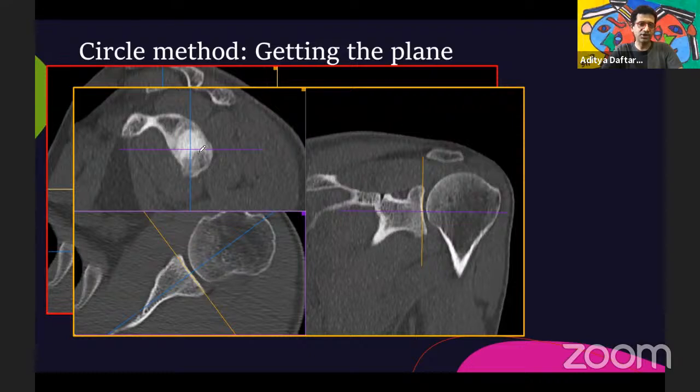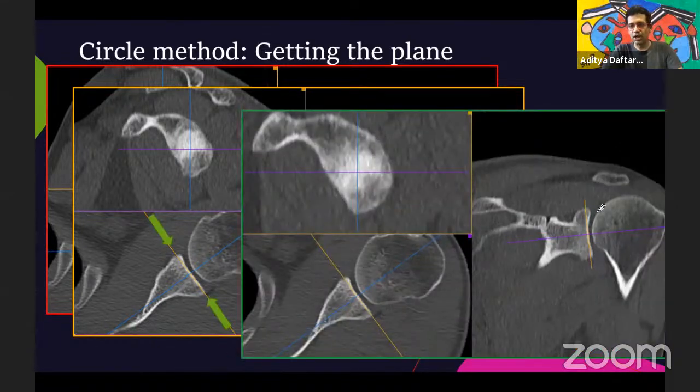So on the axial images, this starts to give you some sense of what the glenoid surface is going to be. The second thing that we end up doing is tilting the coronal image plane also so that it is parallel to the glenoid. So it's not entirely straight, it's slightly tilted. And then this will give you a proper idea of what the en face glenoid is at the glenoid articular surface.